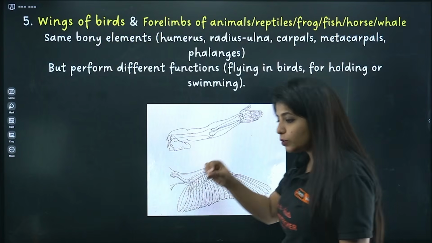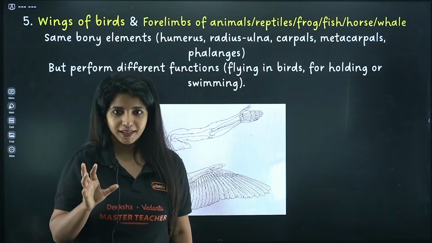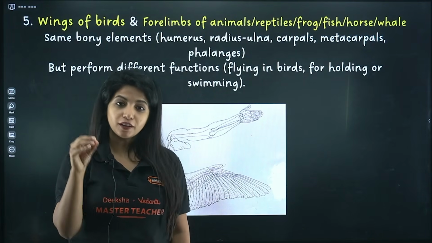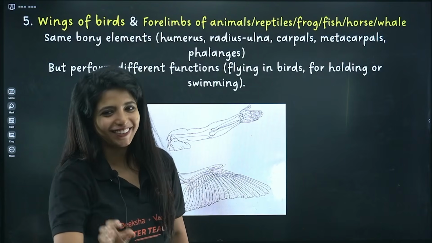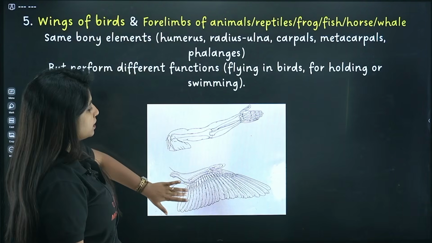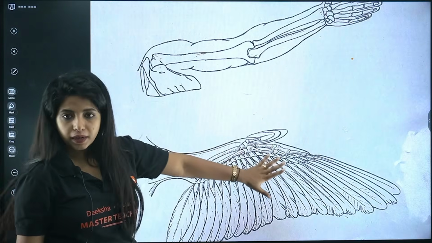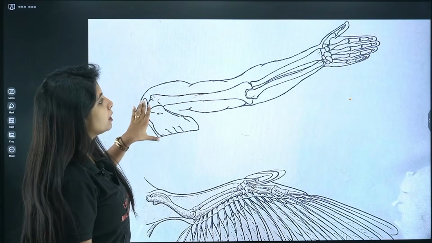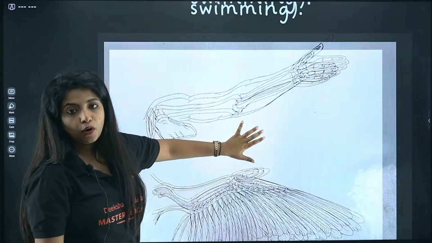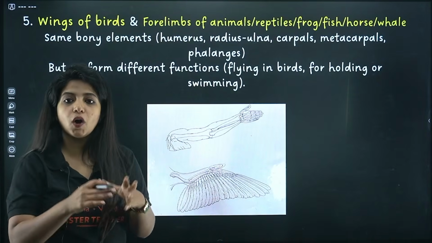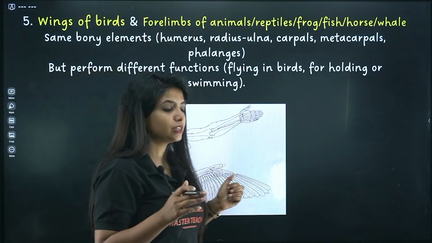Now we come to homologous organs that you see in animals. Okay, in animals, this can also be given. If you are given this, you are luckiest. Okay, so wings of birds. This is the wing of a bird, and this is basically the forelimb of a human being. Birds and human beings, we all come under the same category, that is